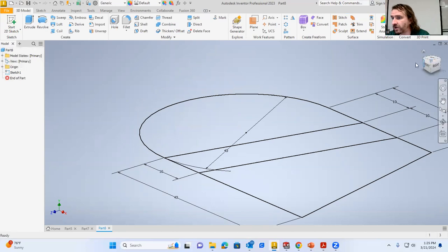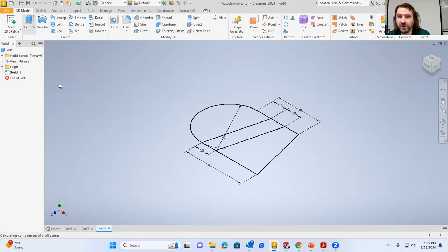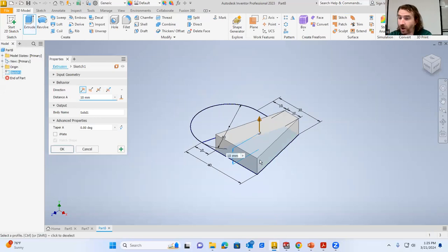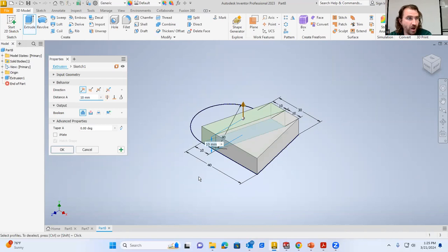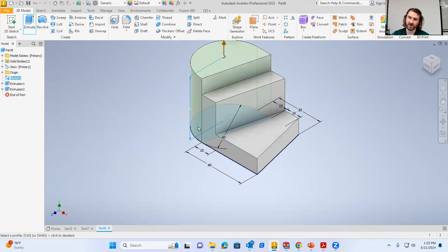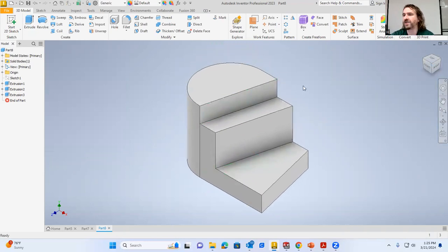This is what we needed in our top view. It has all the profiles in it. And now it just needs to be extruded 3 times at the different heights. So this is our step of 10, plus sign. This is our step of 30. Then we'll hit the green plus again. This step is our 40. This is our last one. So we can just hit enter on the keyboard or click OK. And there it is, this is the finished